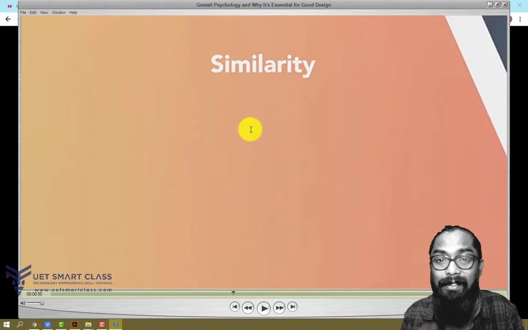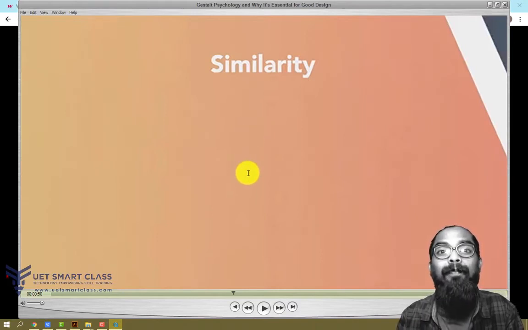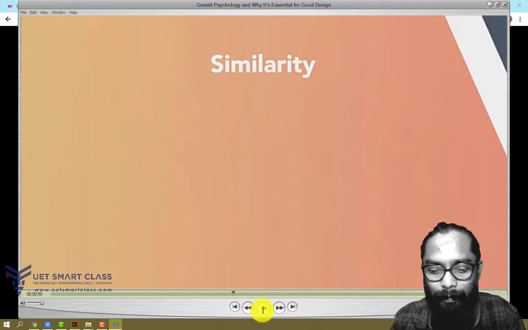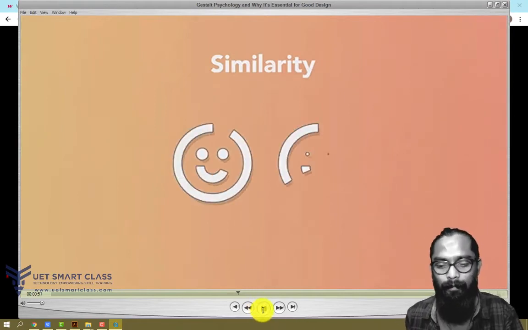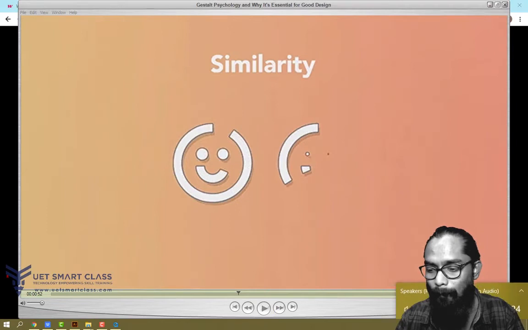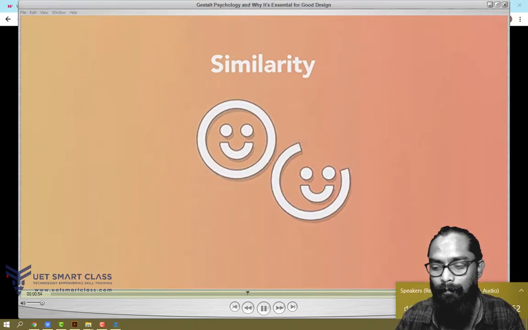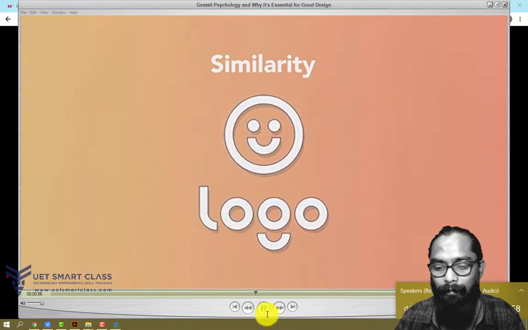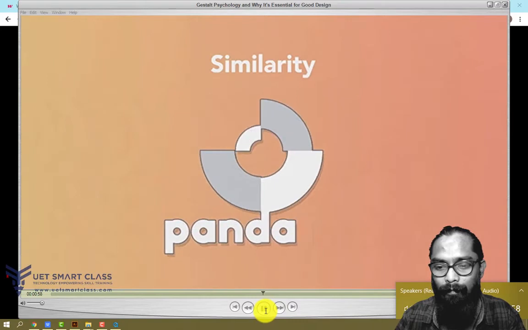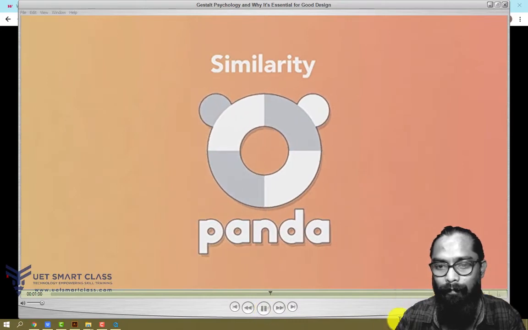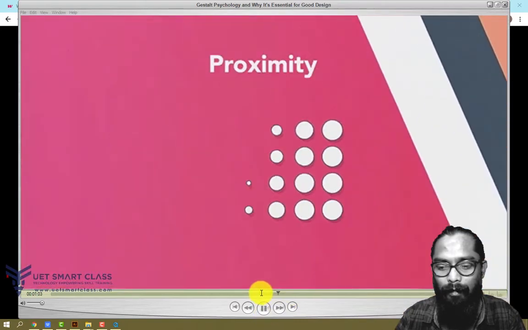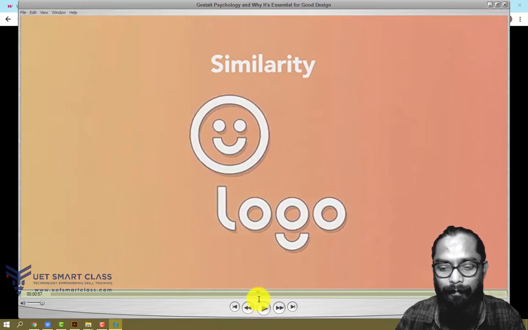So let's see the similarity point. All right, three, two, right, one, go. Similarity, the notion that we place objects with similar characteristics in a group. These characteristics can include color, size, font, shape, texture, and more. Look, Proximity, okay. size,